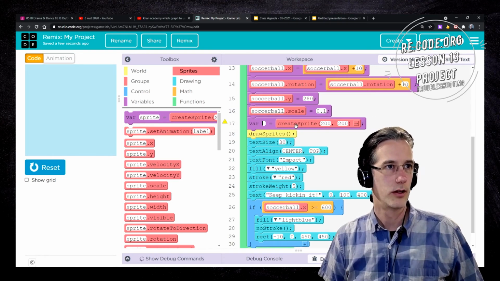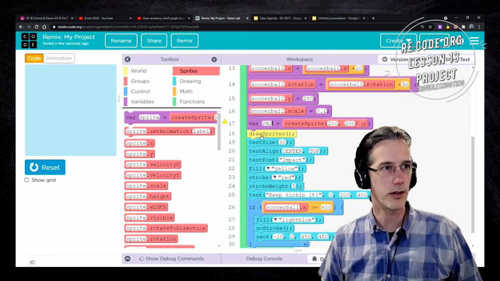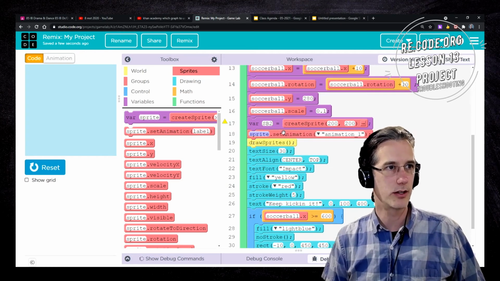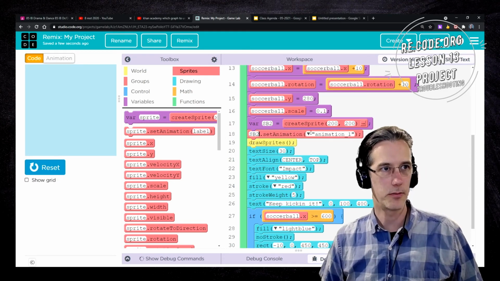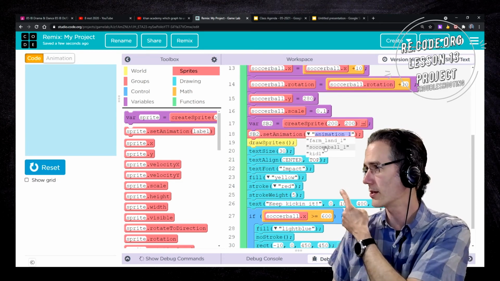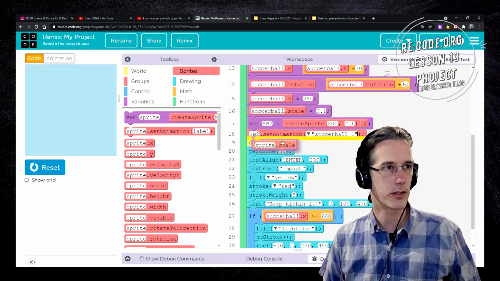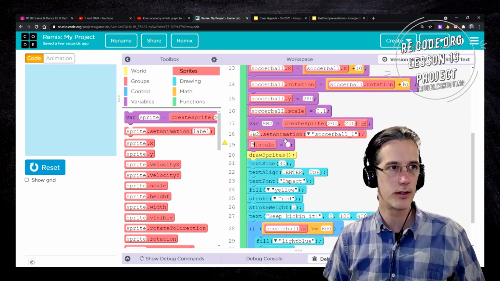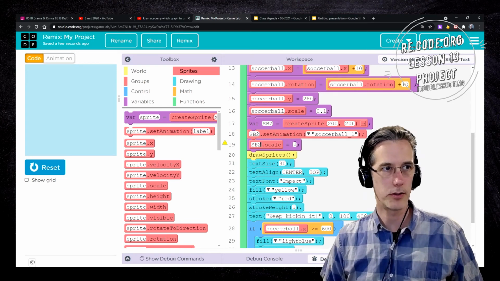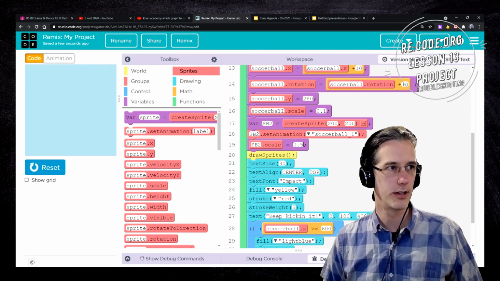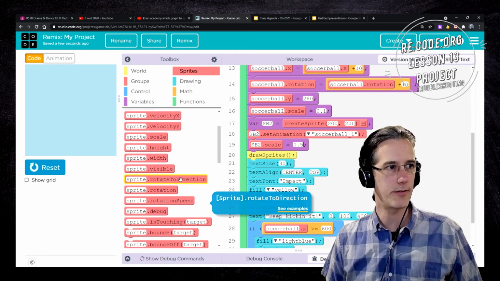Soccer, SB2, right? Soccer ball 2, middle of the screen. Set the animation, SB2, and it's gonna use the exact same one as before, that soccer ball. And I'm gonna make it a little smaller because it was huge, right? SB2, and I'm gonna make it about half, 0.5. And this time I'm just gonna have it